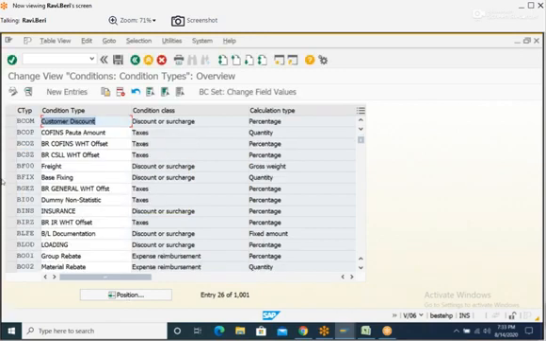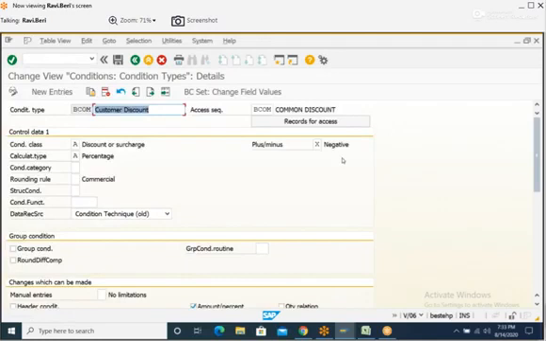If you discount concept, BCom, go inside and uncheck exclusive.